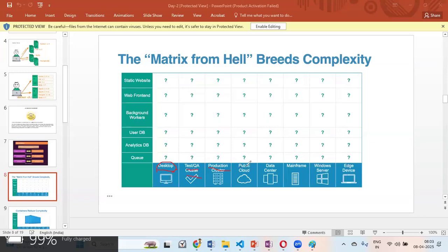And also assuming that public cloud is deployed, and there are your on-prem data centers, and certain mainframes, and there are servers and edge devices. So what am I actually concentrating on? If my application has to go into all these things, and there are several types of applications I have, imagine the number of deployments I should do per day.